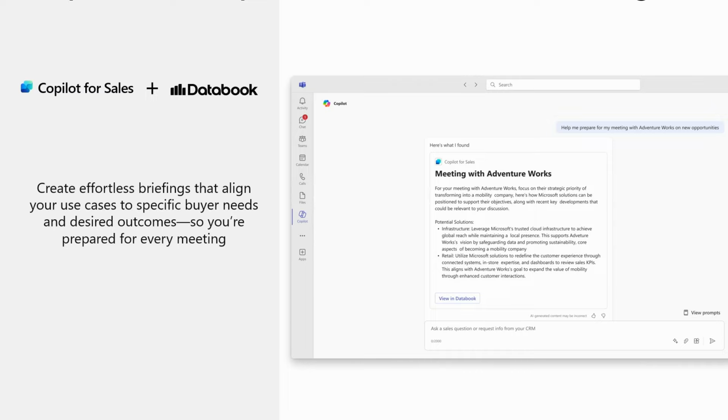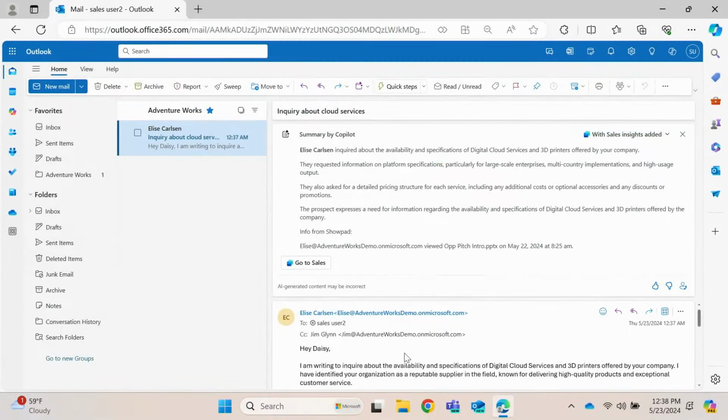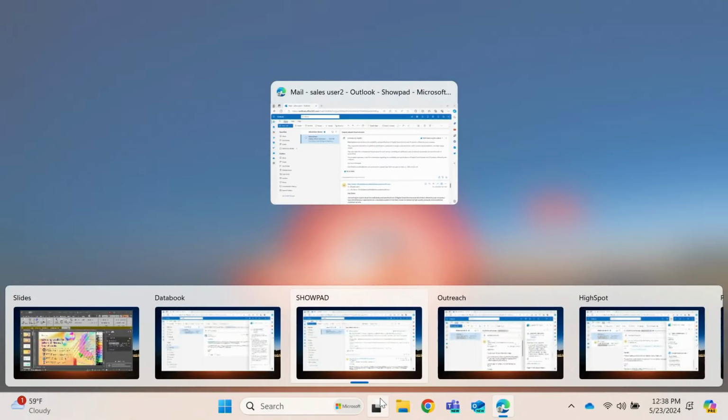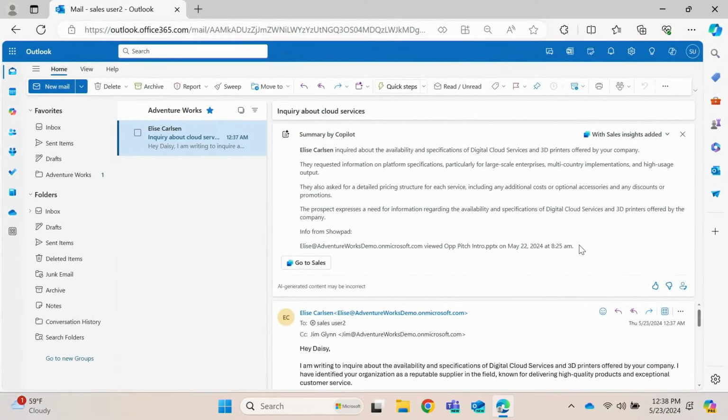Let's look at another partner that we have, Showpad. Showpad is a leader in the sales content enablement space. And customers over the world use Showpad to share sales content, brochures, pricing guides, and whatnot with their customers. And once you share content with Showpad with your customers, the Showpad extension for Copilot for Sales gives you visibility